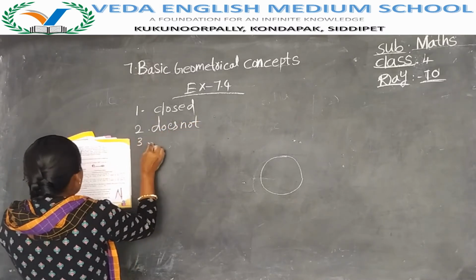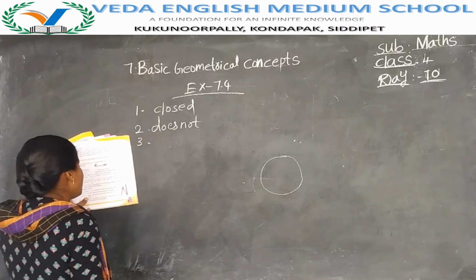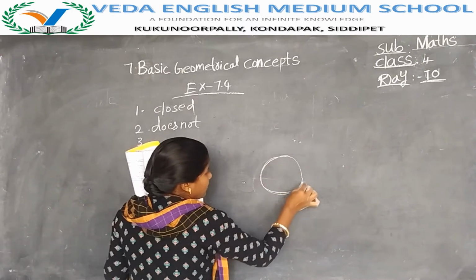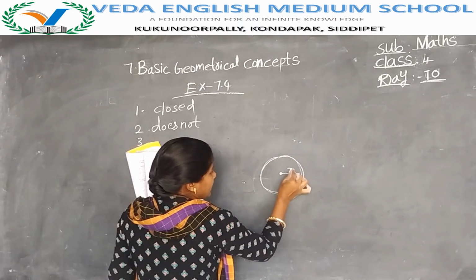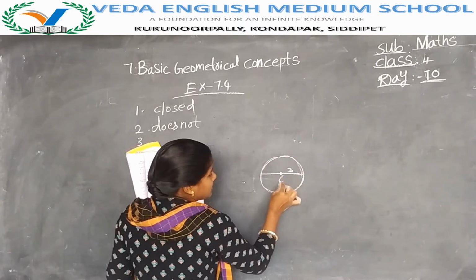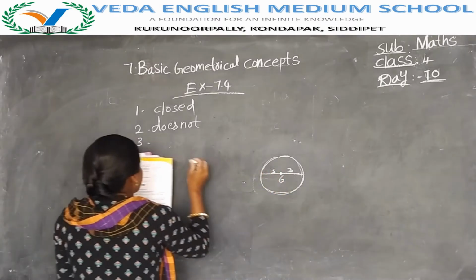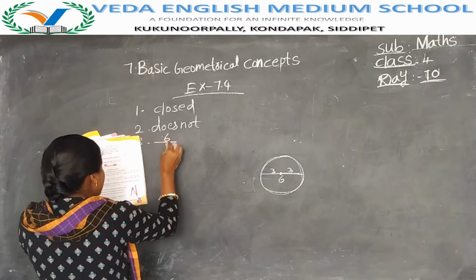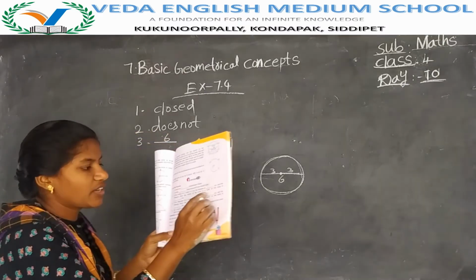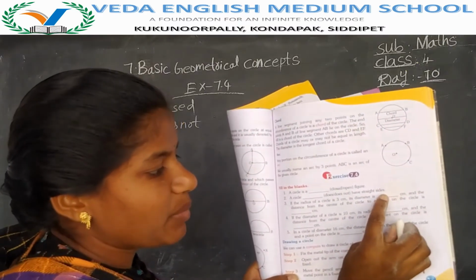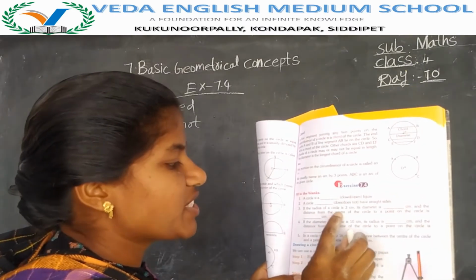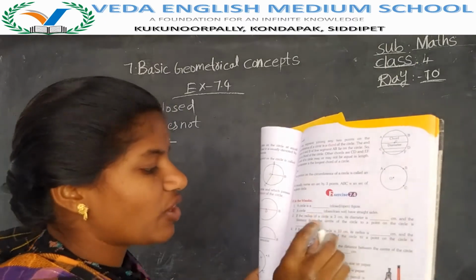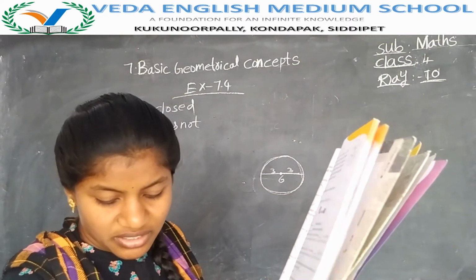Then third one. If the radius of the circle is 3 centimeters, its diameter is, now it is a circle. If the radius is 3 centimeters, then what about the diameter? 6. 3 plus 3 is equal to 6 centimeters. In the first fill in the blank you have to write 6 centimeters, and here you have to write 6 centimeters, and the distance from the center of the circle to a point on the circle is called dash centimeters.